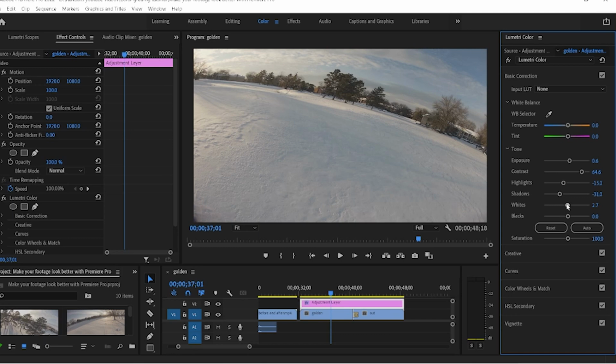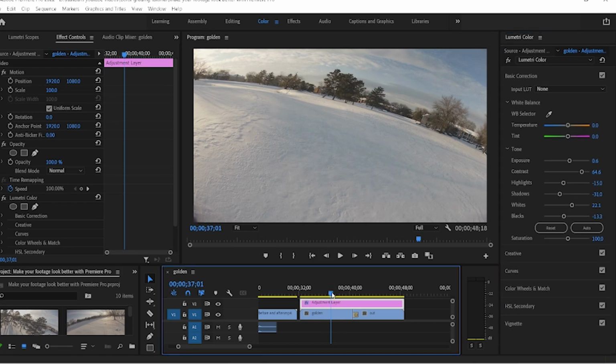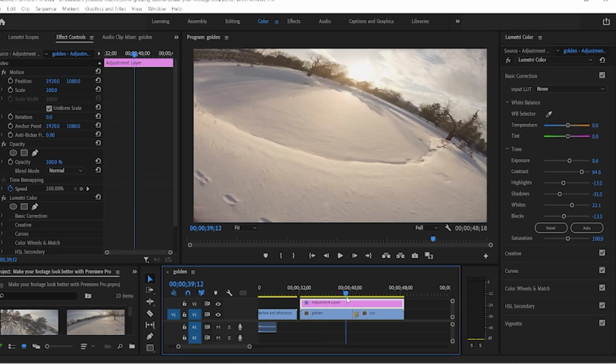The whites, usually I'll drop the whites, but in this case, I'm going to bring it up just a little bit before it starts blowing out the details again. Then onto the blacks. I'm going to drop those so it darkens up the image just a little bit. And you can see how that looks so far.